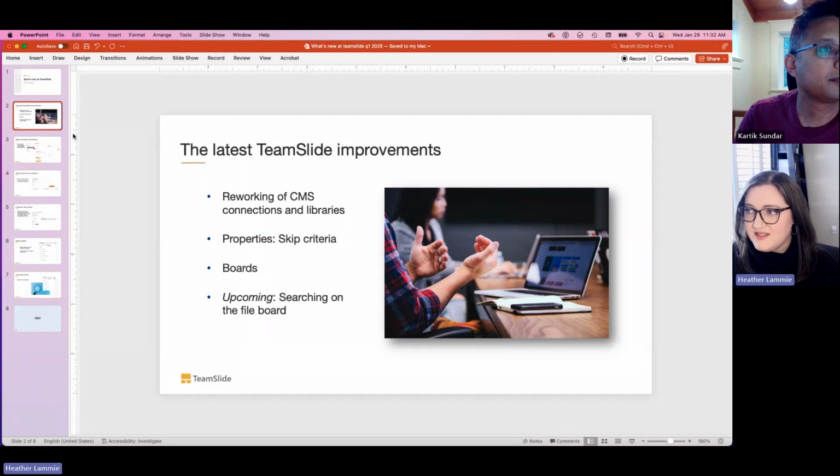So these are the topics we'll discuss today. Some web portal updates, the reworking of CMS connections and libraries, along with also a property update in the web portal as well. Some updates to board settings,